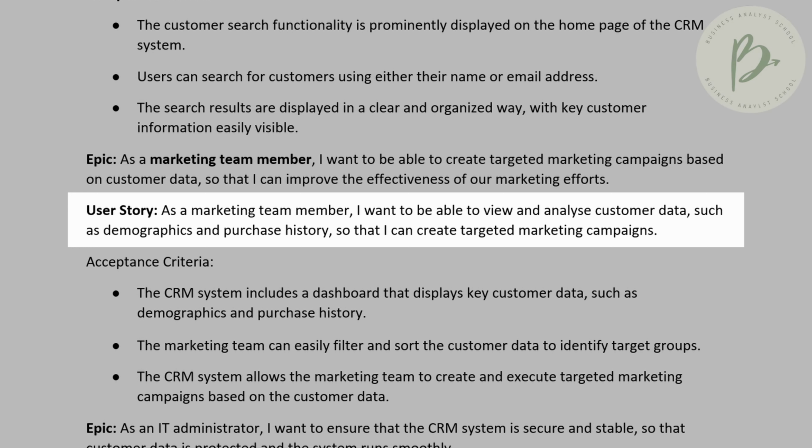be able to view and analyze the customer data, such as demographics, purchase history. Why do I want to be able to do this? So that I can create the targeted marketing campaign, so I can target my marketing campaigns based on the customer data and demographics. The acceptance criteria here is that the CRM, right, when you're capturing or documenting your acceptance